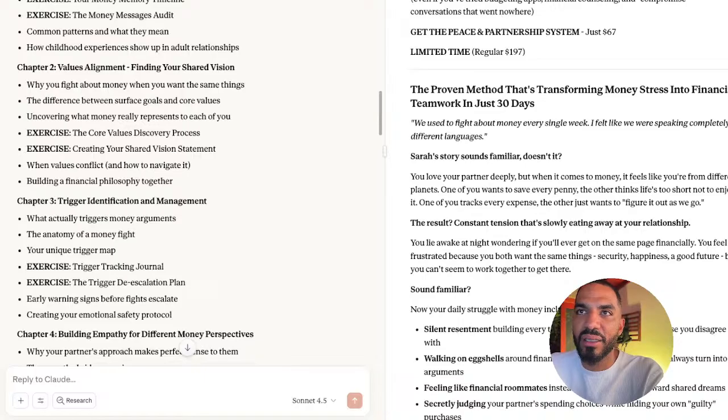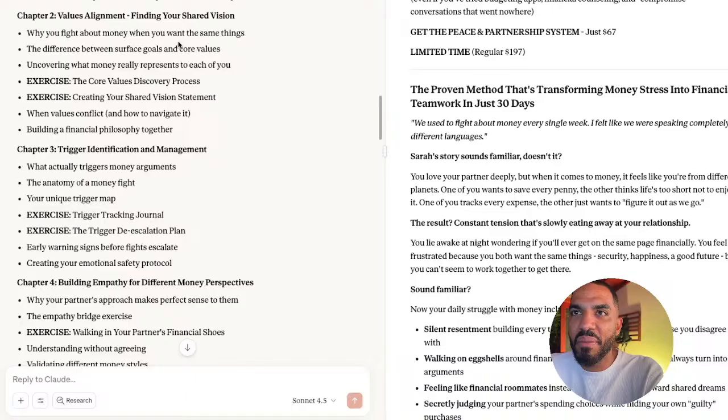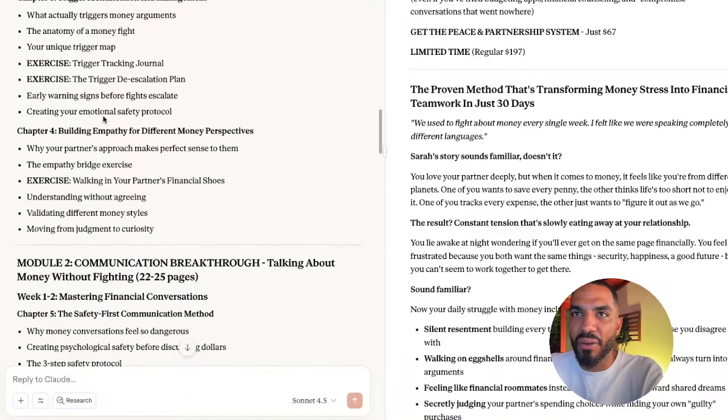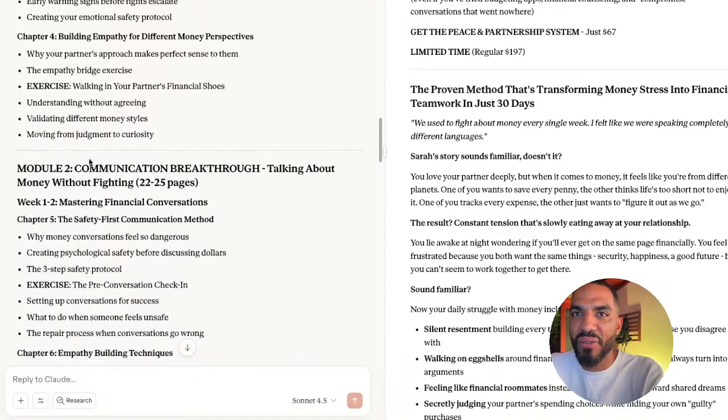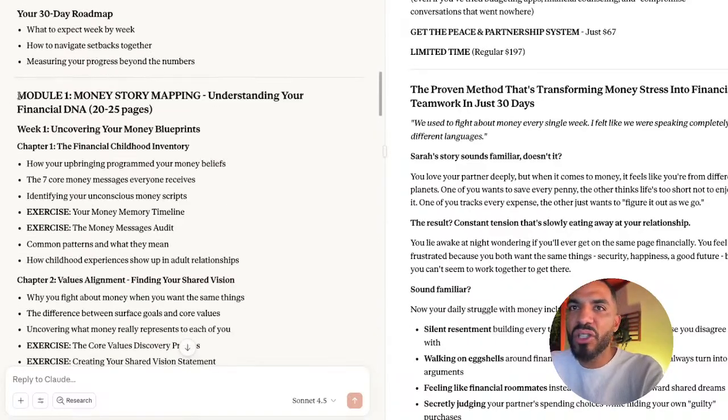This is actually good. This is good information. I'm telling you right now, really good. Value alignments. Wow, this is powerful. Okay, chapter 4. So it looks good. The outline looks good. I'm not gonna spend too much time, but what I want to do is